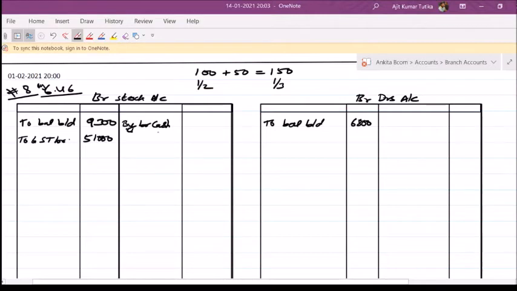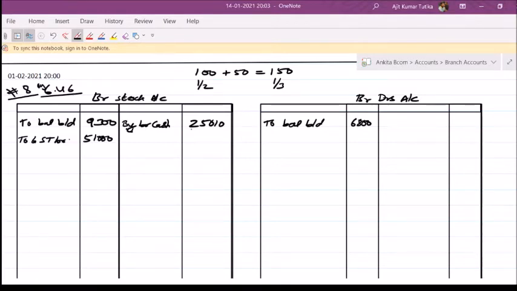So in petty cash you won't be writing all the cash details which happens in sales and all. So here by branch cash it is 25,050. Now you may ask, sir, it is not given whether it is at cost or invoice price. If it is not given whether it is at cost or invoice price, it is to be assumed at invoice price.